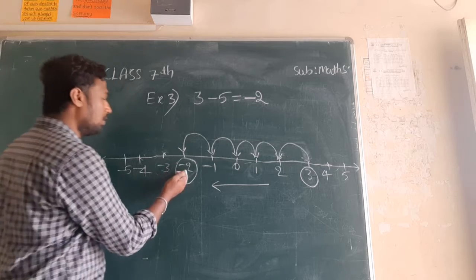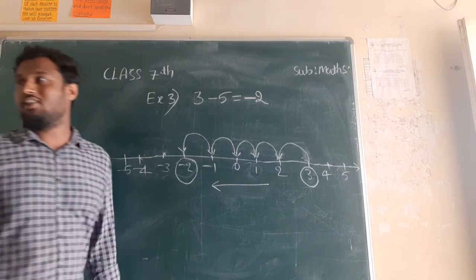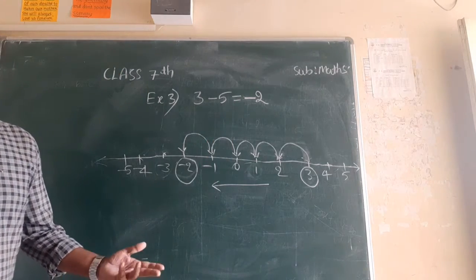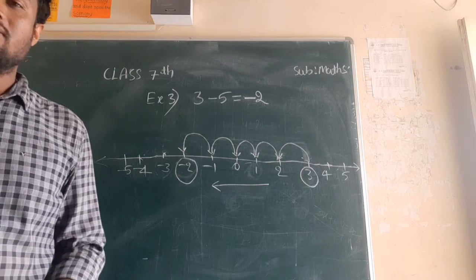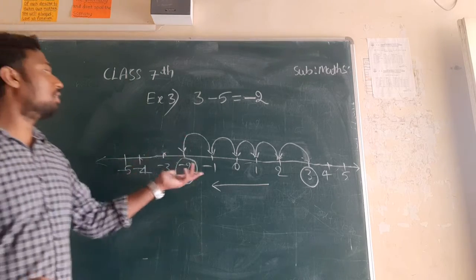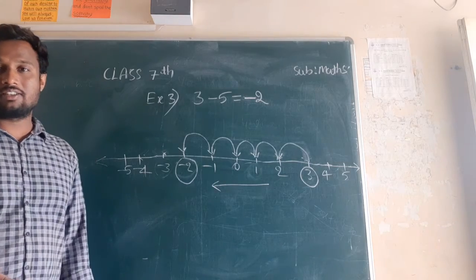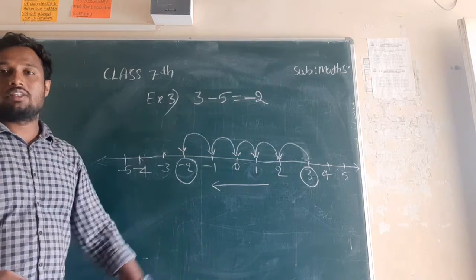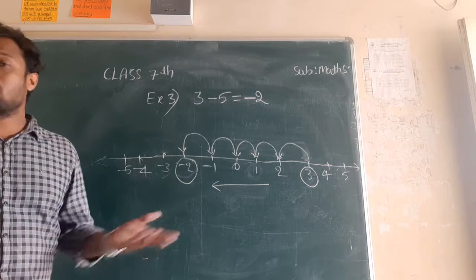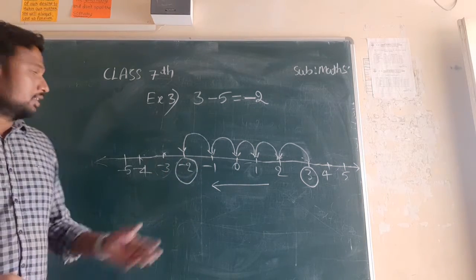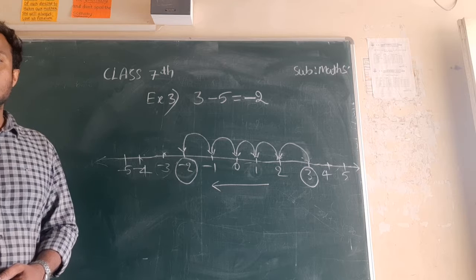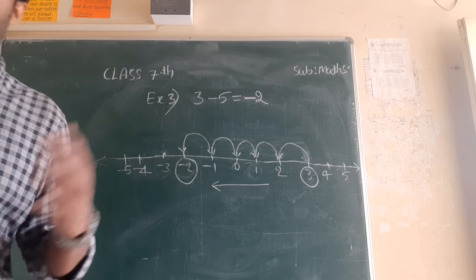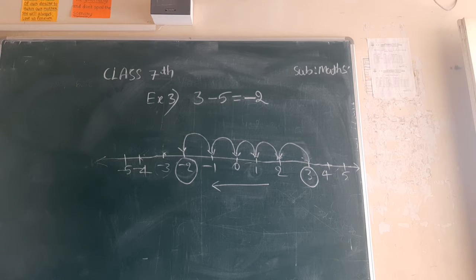Okay? You can see here also we got minus 2 and here also it is minus 2 only. So we are getting correct answers. Without this number line also we are getting correct answers. Before this number line only I solved this problem. I am just cross verifying here whether we are getting the correct answer or not. Here also we got minus 2. Is it clear? So write this example also. Pause this video, write this.